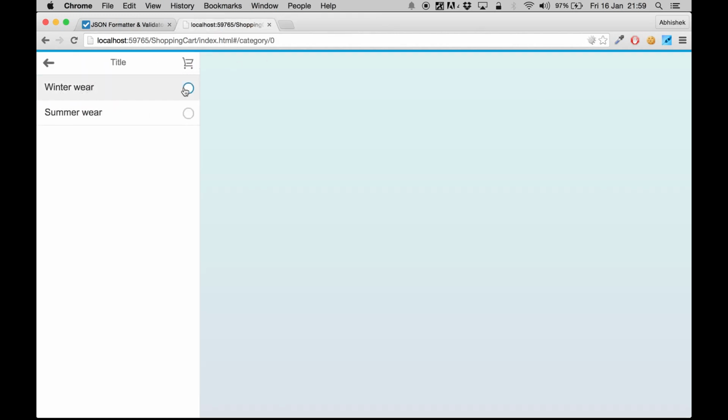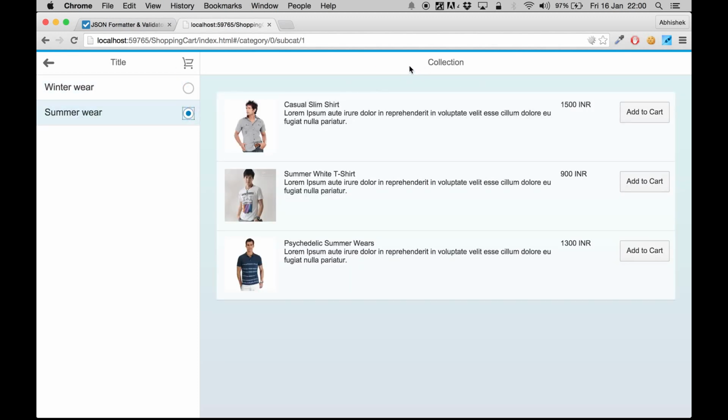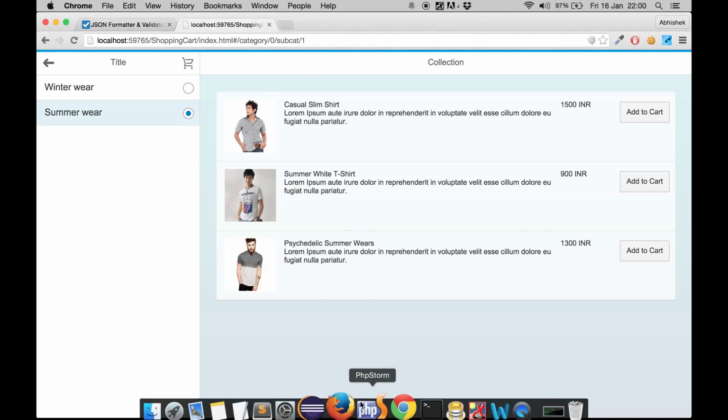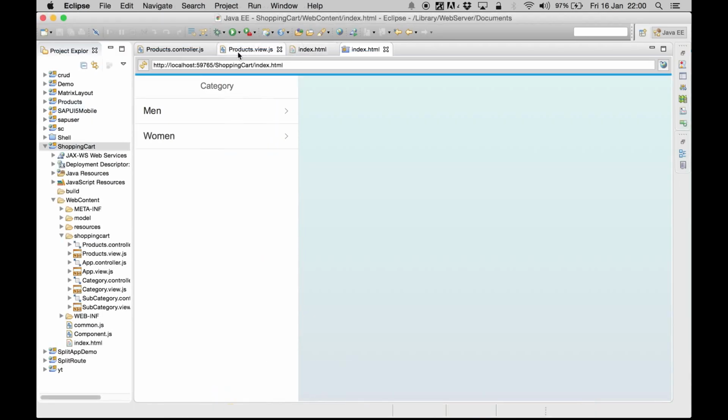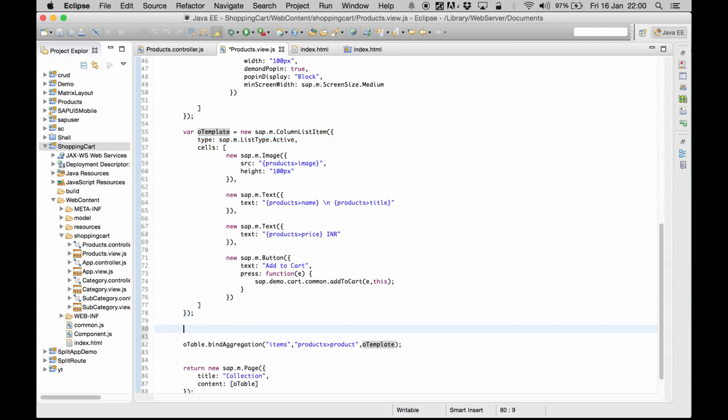So we click on men, we click on winter wear, and we get all the products over here. And if we click on summer wear, we get all the products over here. And we want these particular items to be clickable, so we are going to attach a press to this. So we can get inside our products view, and for the template, we already have made the elements active. So here we are going to write forTemplate.attachPress, and we're going to have a function